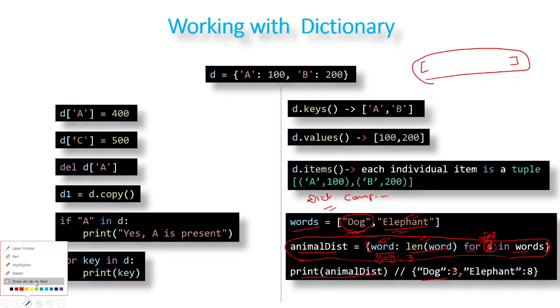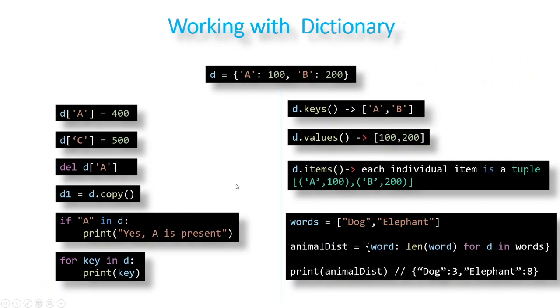Okay. Now these things we have discussed for dictionaries. Now let's see what sets are and how we can work with sets. So this is all that we have with dictionaries: what the methods are and how we can work with dictionaries. So these are some basic examples. If you want to see all the methods, you can just Google it and you will get all the methods and how they work with dictionaries. But these are the simple concepts. Okay. Now let's see sets.